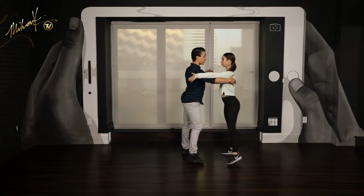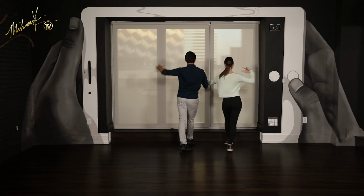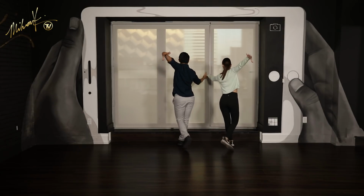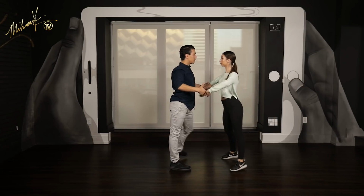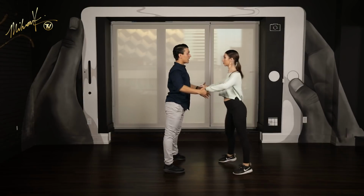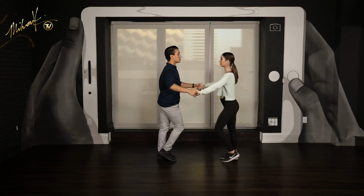Even though you're keeping your posture, make sure that you have your hip action, 3, cha, cha, New York, 2, 3, cha, cha, 1, and 2, 3, cha, cha, 1. Arm extends, extends, cha, cha, 1, and 2, 3, cha, cha, spot turn, 2 and 3, and cha, make these turns sharp, 2 and 3, and cha, cha, 1, and 2 more, 3, cha, cha, 1, and 2, 3, hand to hand. Back, extend forward, cha, cha, 1,